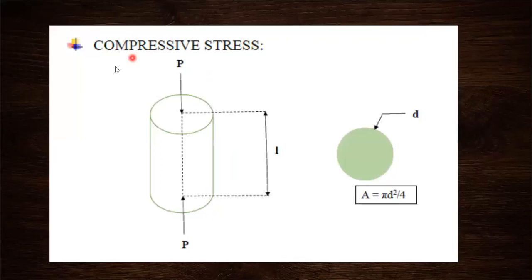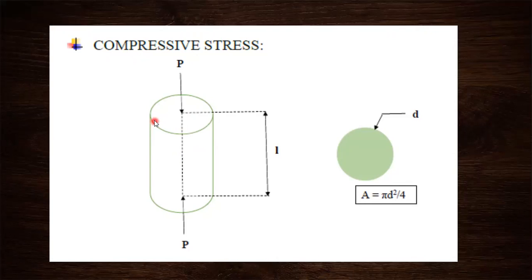Then we will be going for compressive stress. Same, have a look at this diagram. The only thing is the forces will be acting towards the rod. So when there is a push type of loading, a compressive stress will be developed in the rod. Actually two forces are acting, but they are pointing towards the rod. So there will be a push type of loading induced. Because of this push type of loading, the stress developed in the material is called compressive stress.